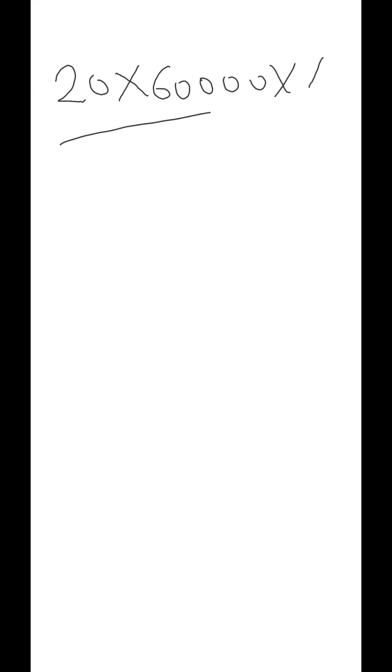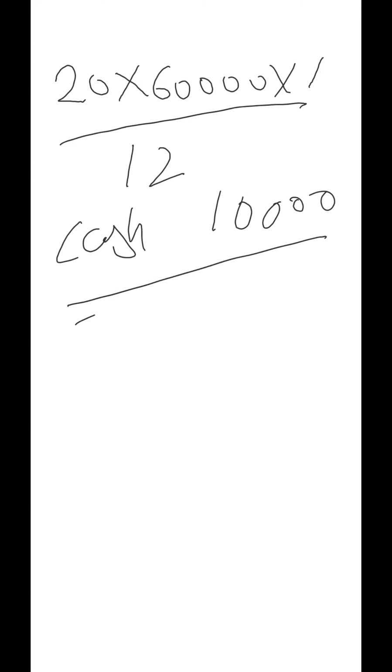So since this is a question on the total cost approach, we will calculate the debtors on the selling price. So what is the selling price? That is 20 rupees. Number of units are 60,000. And how much is the time lag that is given? Credit allowed to debtors is 1 month. That is 1 by 12. Okay. This way you have to calculate. Now cash is given clearly, that is 10,000. So just write the figure and add it in the current assets.